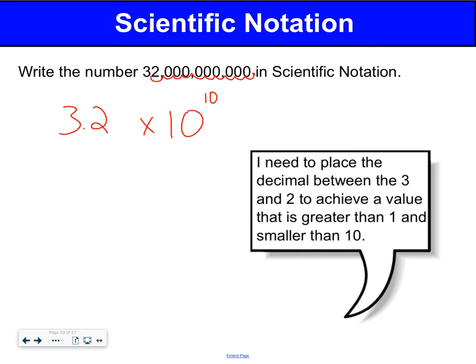Now, before we move on, we need to make sure that this makes sense. I have a very large number, and as we said in class, a very large number is going to have a positive exponent when written in scientific notation. The next problem that you may encounter